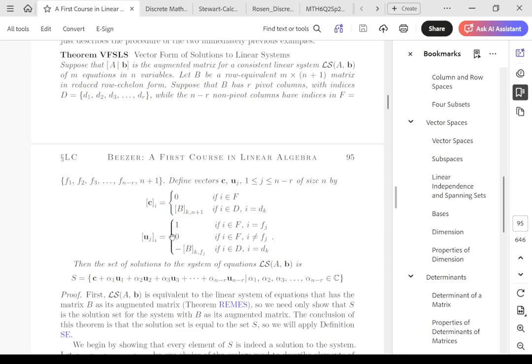For the other vectors, these u, it'll be 1 when it's an element of f, the free variables, right? So each free variable will have a column entry that is 1, and 0 when it corresponds to the other free variable, and then the opposite of the b that we get in the column of the constant vector. So all that means here is that those are in the dependent variable rows, right? So all that means here, looking at our example here,